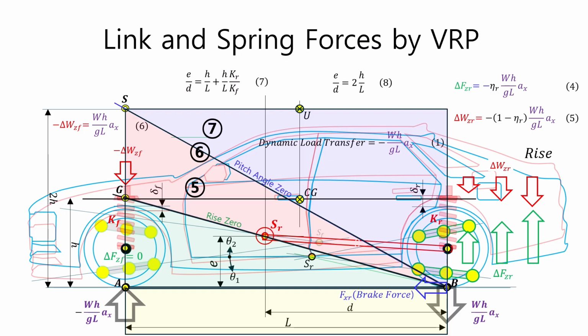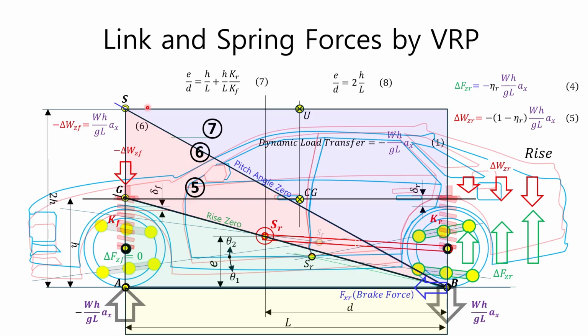Let's examine the relationship between link and spring forces based on the location of the remaining virtual reaction points. Figure 5 illustrates the case where the virtual reaction point SR exists between the rise 0 line, BG, and the pitch angle 0 line, BS, and is shown in light red. In the figure,